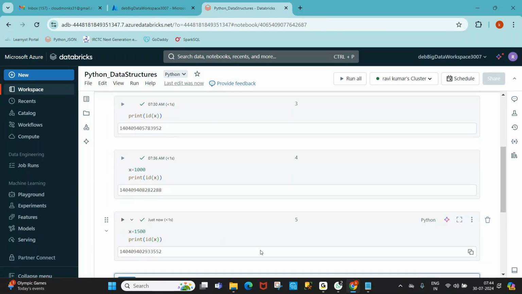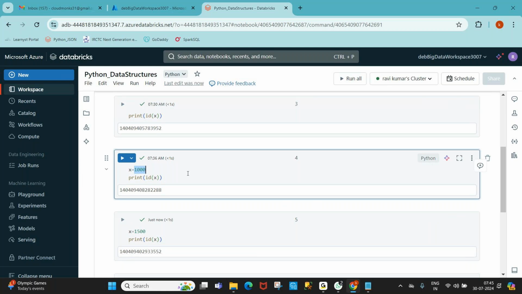The address is different, the memory address is different. These are all immutable. Once an object is created, that object value cannot be modified. Once 1000 is created, it's 1000 only. It cannot be modified.